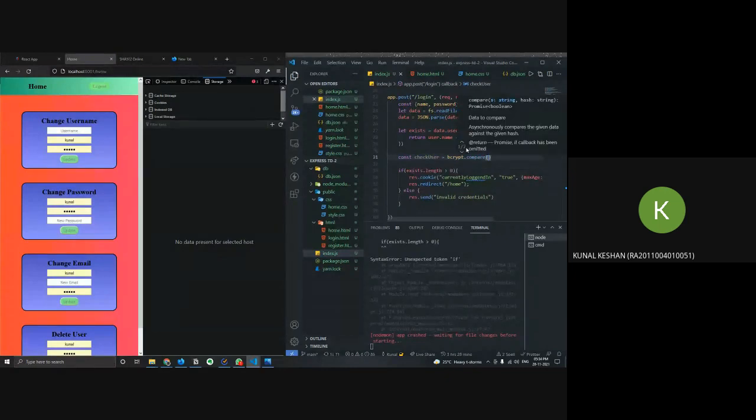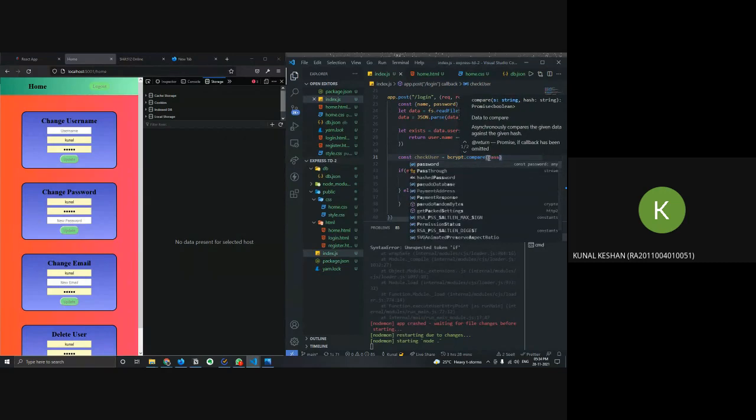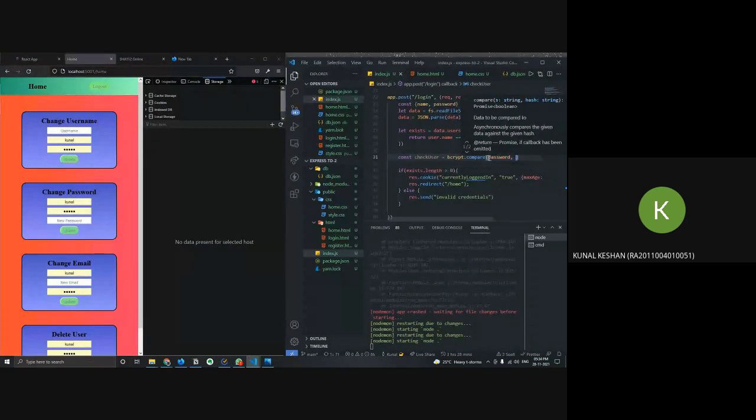And what does it take? It takes in a string that we get from the user and a hash. The hash is what we get from the database. So the first argument is the unhashed password that we get from the user, and the second one is the